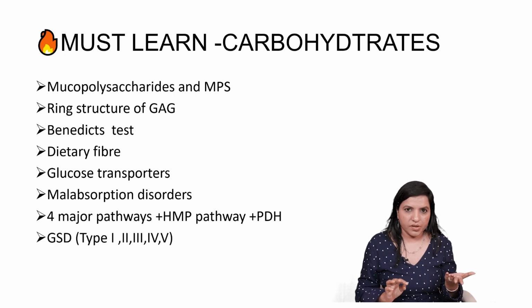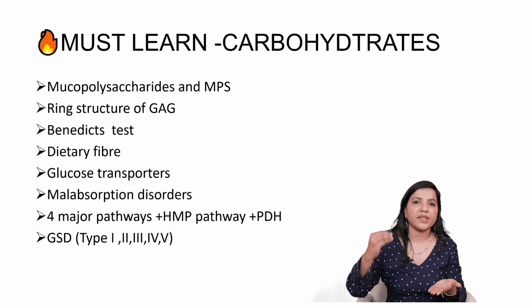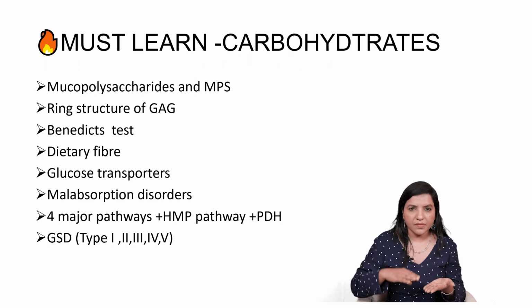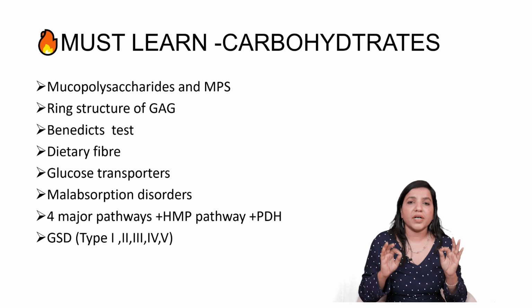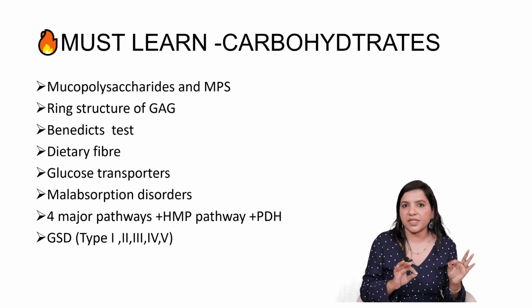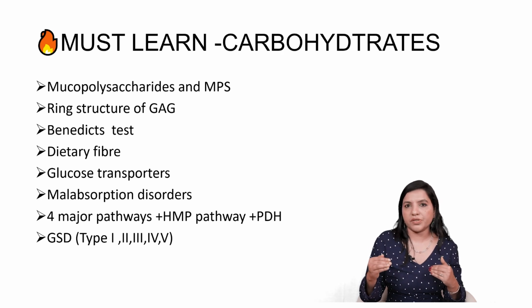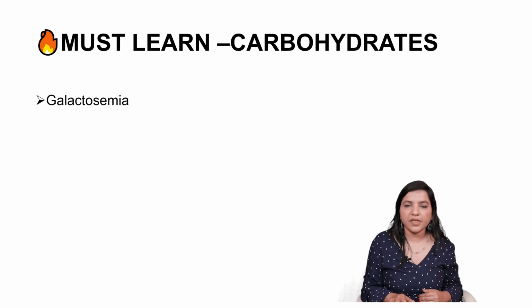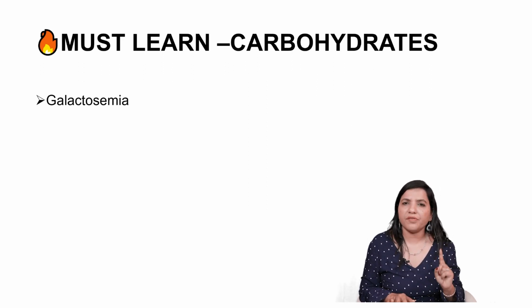Then glycogen storage disorder, and out of the glycogen storage disorders, I will pick and choose von Gierke's disease, Cori's disease, then Anderson disease, and among the muscle glycogen storage disorders, I will pick Pompe's disease, that is type 2, and then the most common glycogen storage disorder in the adolescent age, that is McArdle's disease. Then in the minor pathways, galactosemia, very important, the clinical features of galactosemia